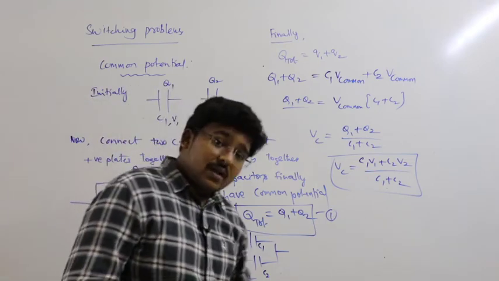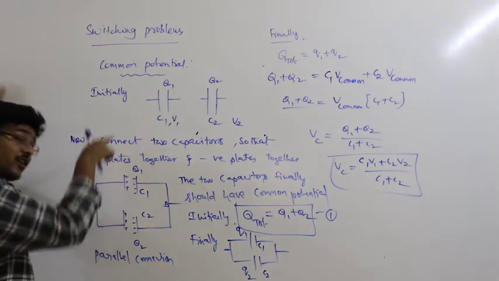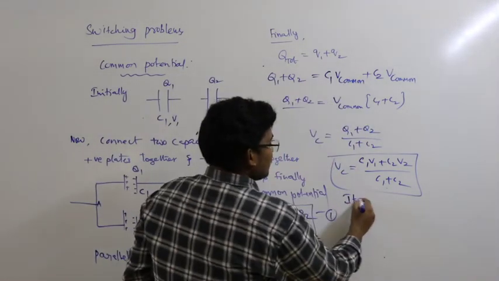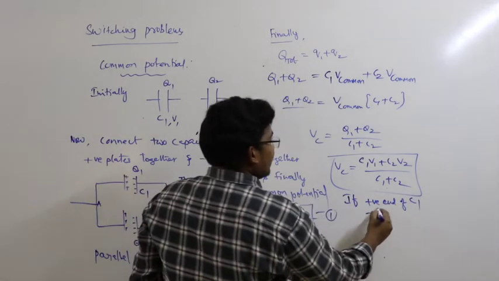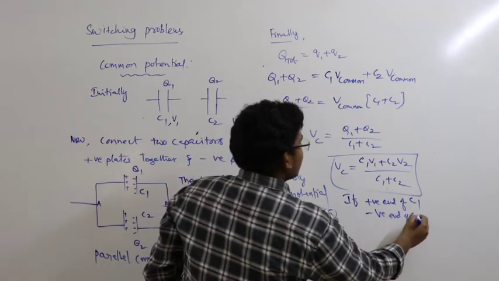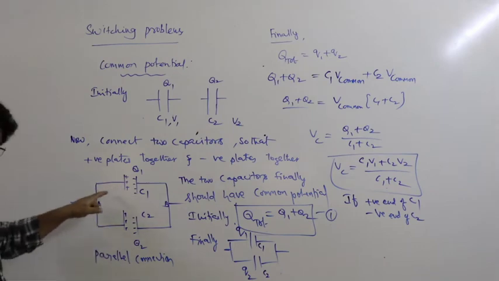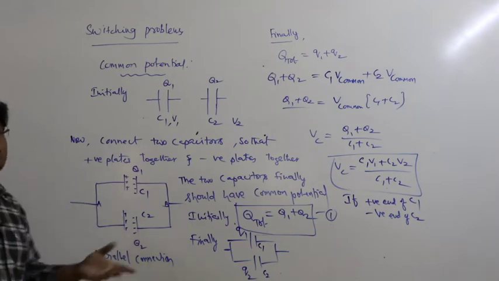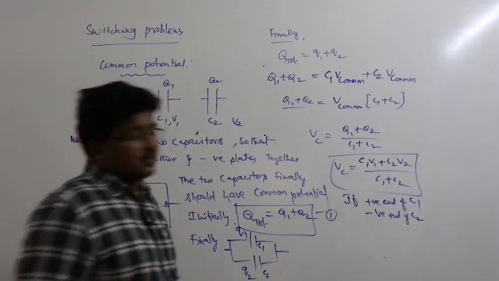Okay, right. Sir, in this case, for example, if the positive end of C1 is connected to the negative end of the second capacitor C2, then what happens? Simply, according to the junction law, this will be Q1, and this charge will be minus Q2. Now the total charge will be Q1 minus Q2, so the charges will be different.